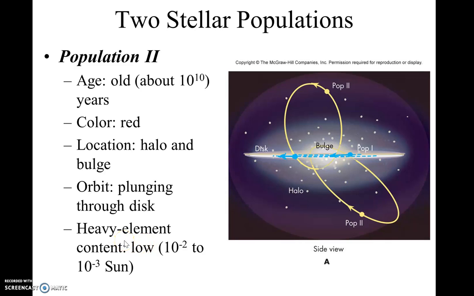Remember, metals are anything heavier than helium. I know the periodic table is not like that: chlorine, for example, would not be considered a metal by a chemist, but for astronomers, everything heavier than helium is considered a metal. So anyhow, these stars have anywhere from about